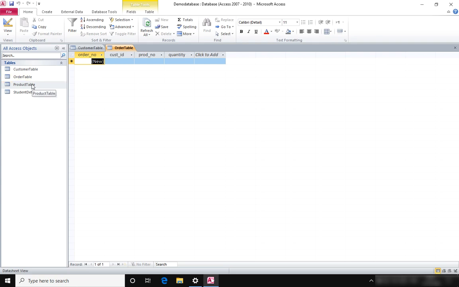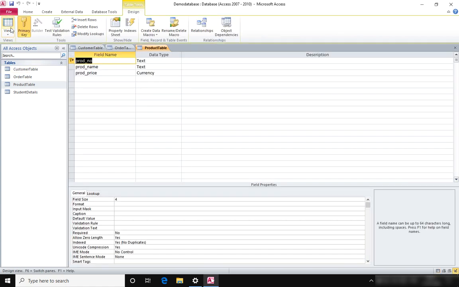The next table that we have is the product table. Let's go to the design view. As you can see, we have three fields here also. One is for storing the product number, the other for product name, and the last one for product price. And we have a primary key applied on product number because the product names can be similar.